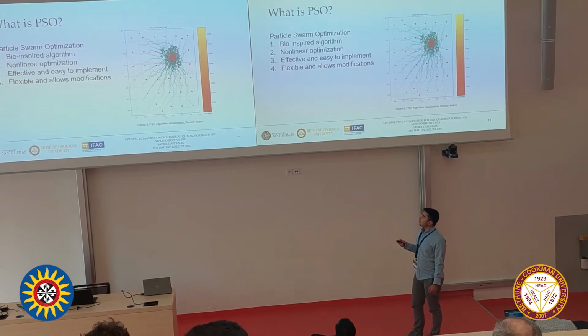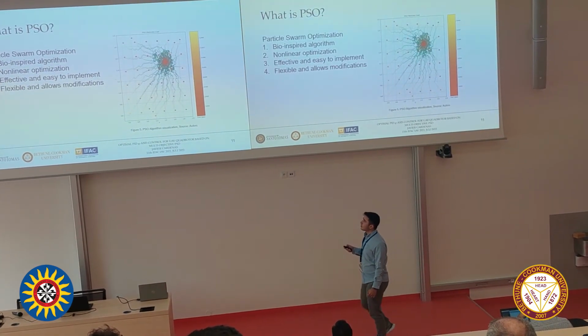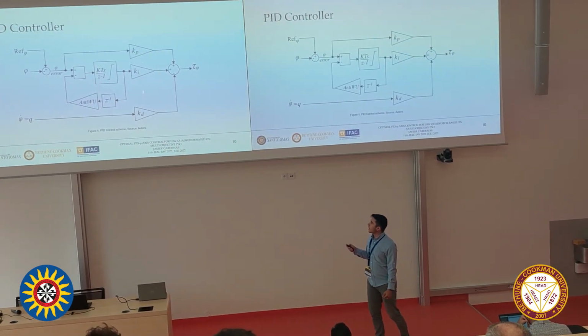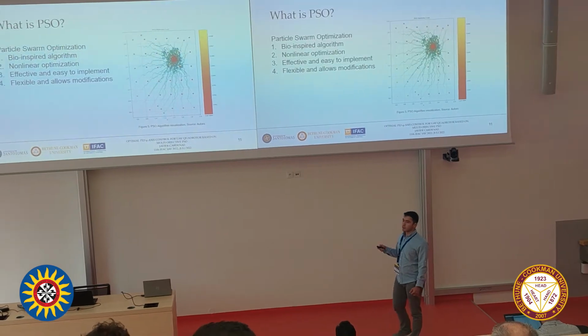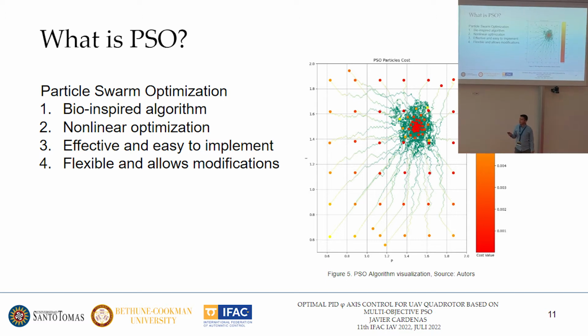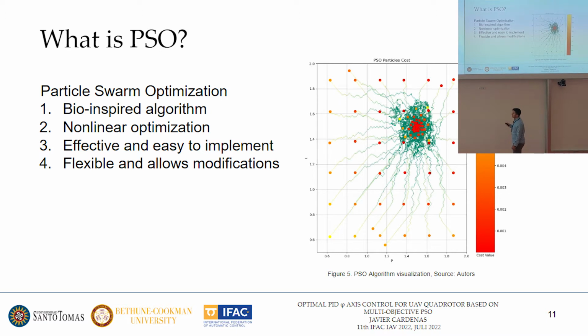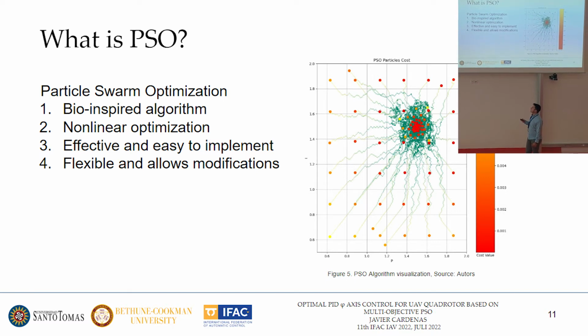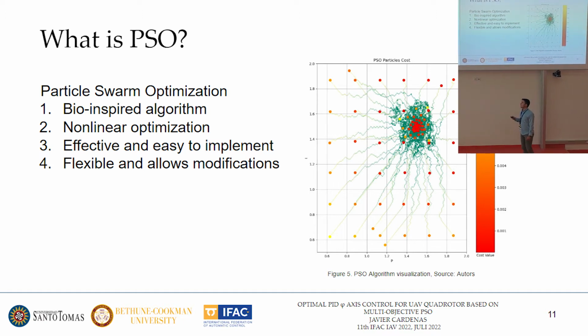But for that, we propose to plan the system like an optimization problem in which we want to find these parameters that reduce some kind of error. So we propose to use the particle swarm optimization algorithm, which is a bio-inspired algorithm based on the behavior of swarm animals, swarm colonies, like ants, for example. It's been proven that it's very useful for nonlinear optimization, and it's effective, easy to implement, and flexible